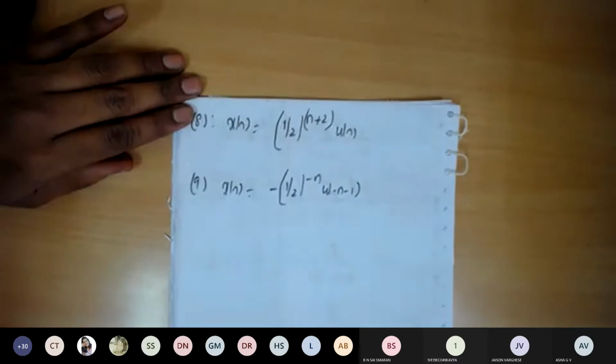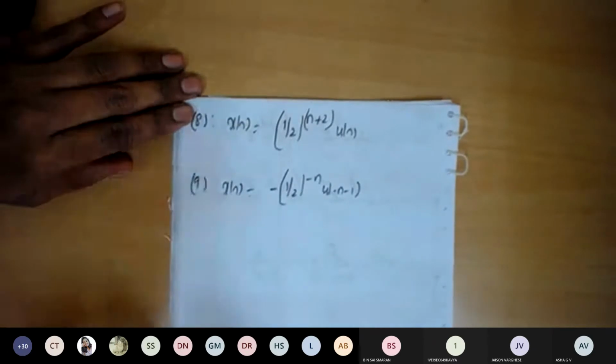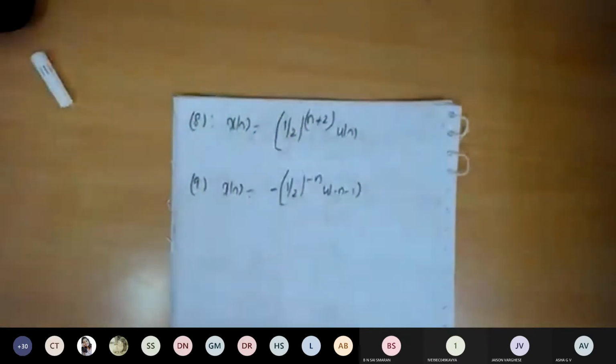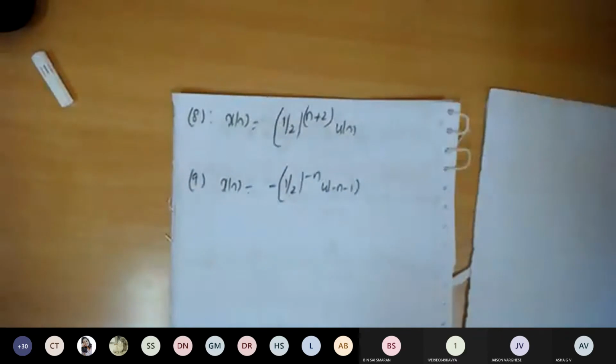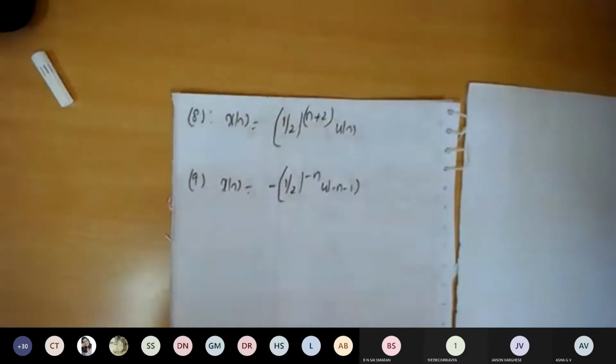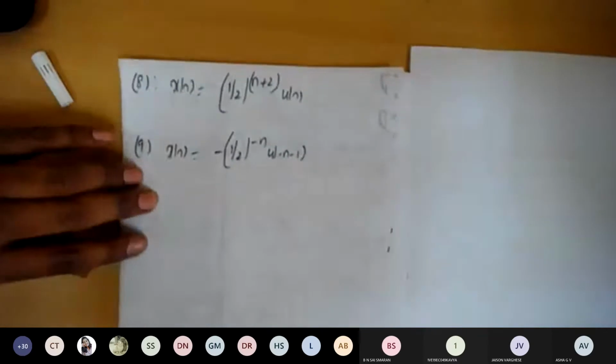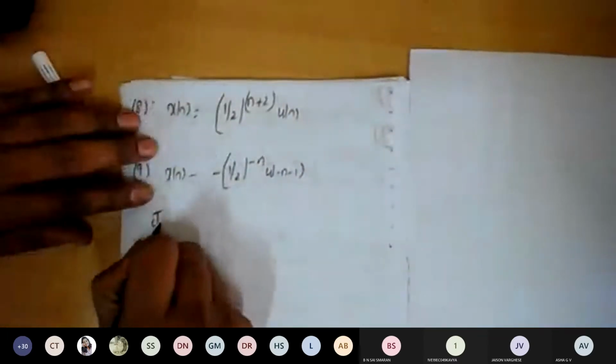So this is about the DTFT. Now I'll go for finding the inverse DTFT of the signals. We'll go for finding the inverse DTFT. So we are going to consider x of e to the power of j omega as given, and we are going to find the corresponding terms, the inverse DTFT. Let us find the inverse DTFT now. So take the next subheading as inverse DTFT.